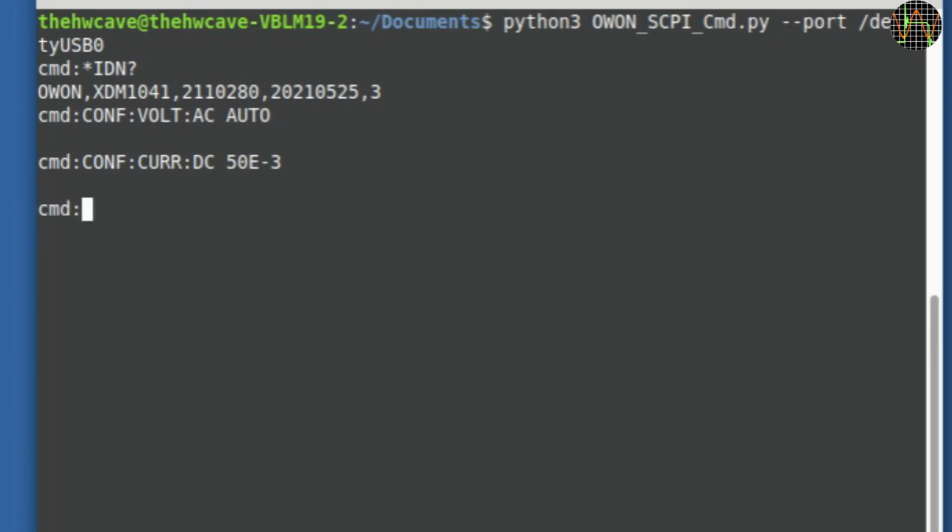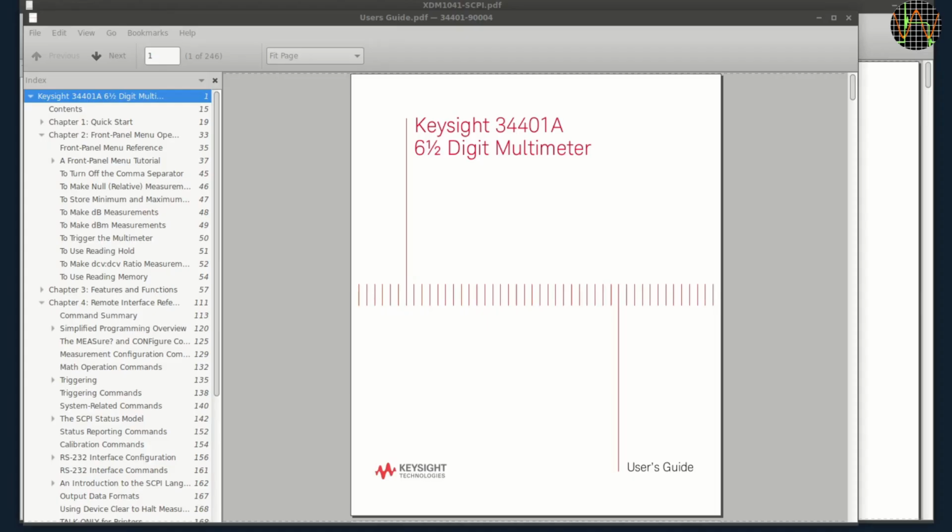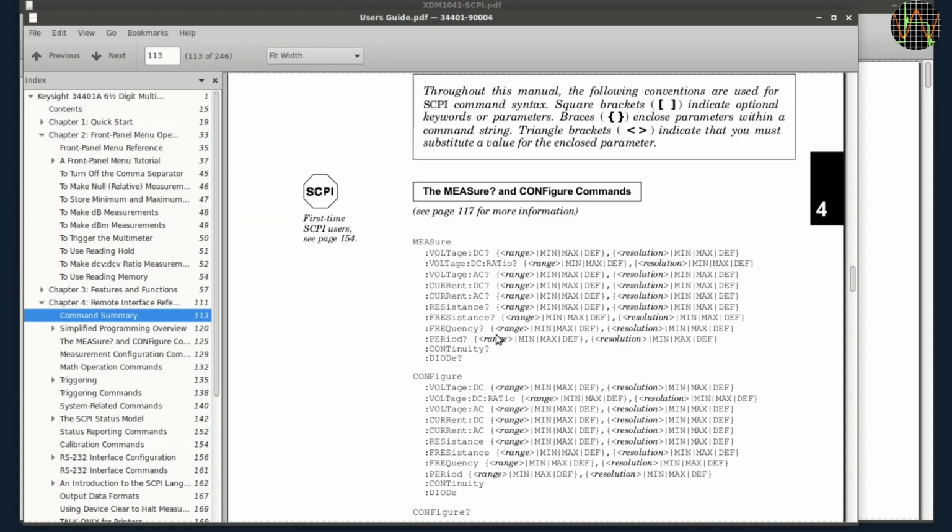Now, it's still possible that this is a feature of the new firmware, so it would be nice if viewers out there with the XTM1041 could try triggering the bug and report. This issue brings us to the SCPI commands themselves. You have just seen how easy it is to command a multimeter using SCPI, and the commands are pretty similar whether it's an O1 or an Agilent multimeter or a Rigol scope.